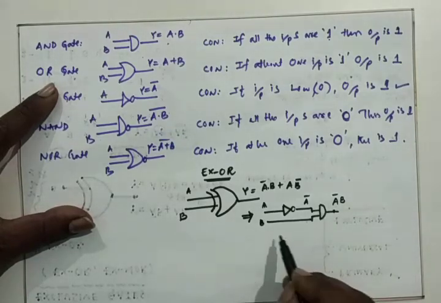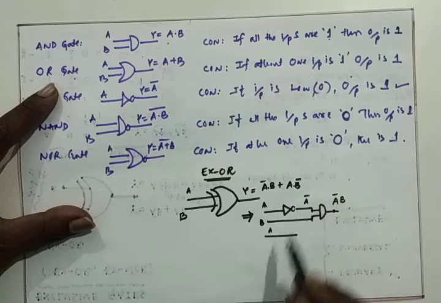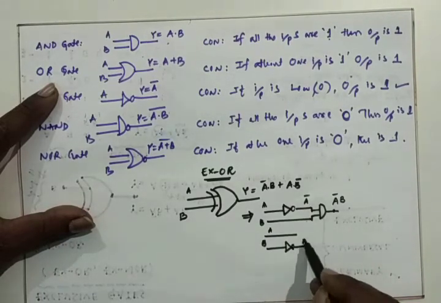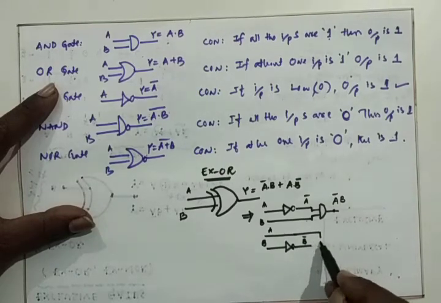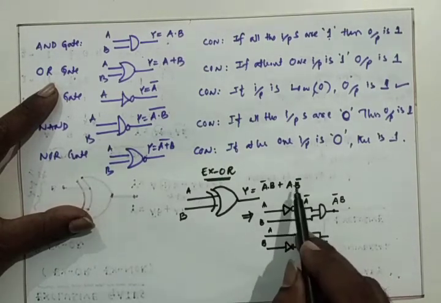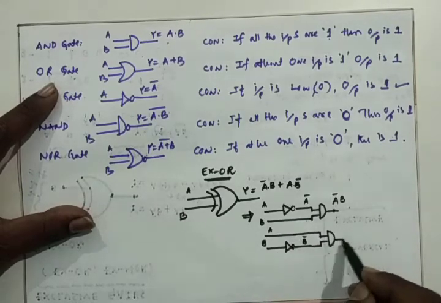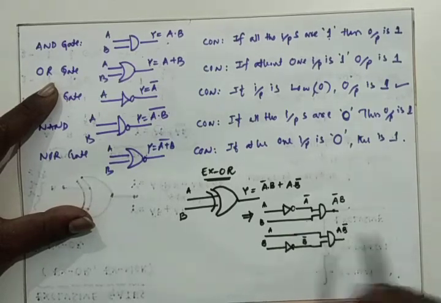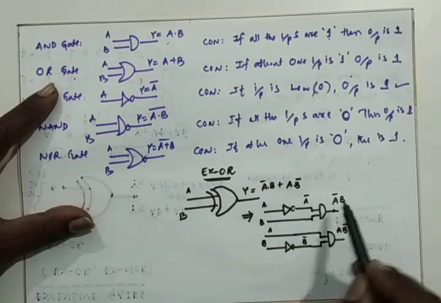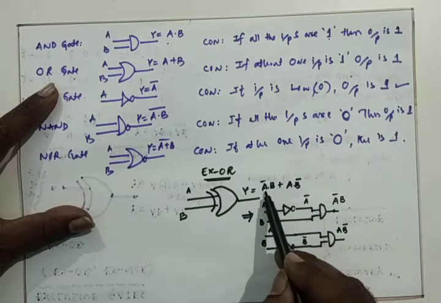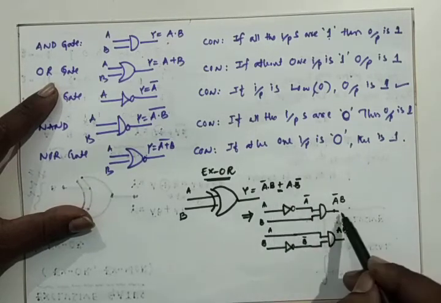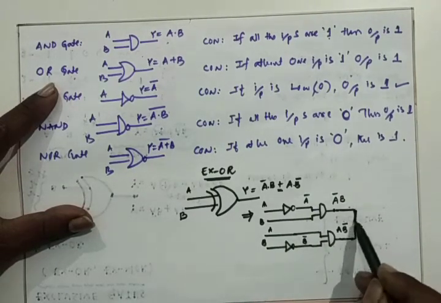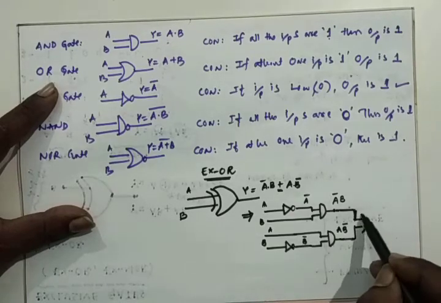And coming to the A B bar, take the A, and next we require to have the B bar, so if this is B and it is going through the NOT gate, it is B bar. This is A and this is B bar, and we require to have A dot B bar. It is a product, so that product can be derived by making use of the AND gate, so that it will be A B bar. Now we have the two terms, A bar B and A B bar, but we require A bar B plus A B bar, and plus is nothing but addition. Addition will be done by making use of the OR gate. That OR gate symbol will be like this.